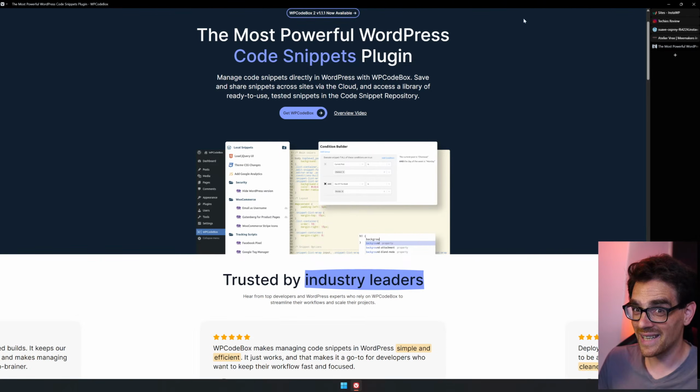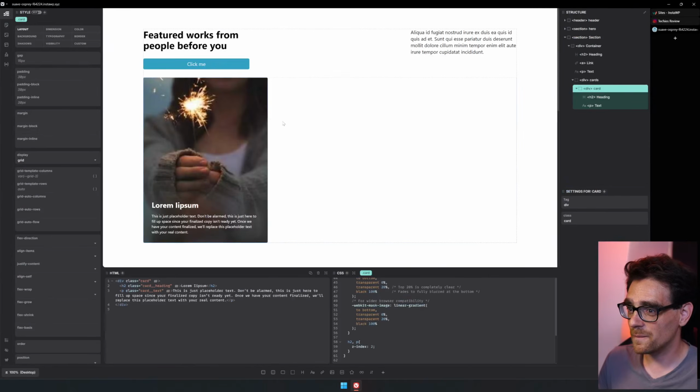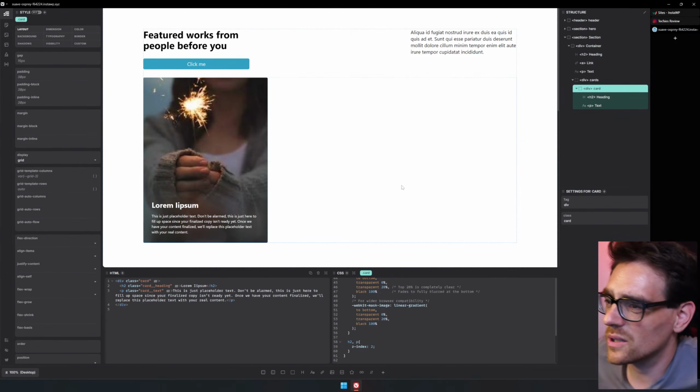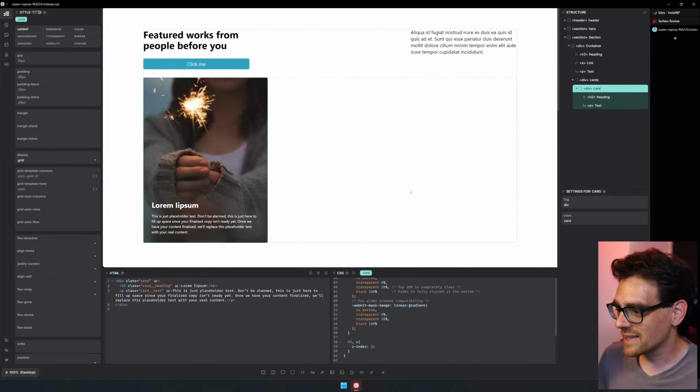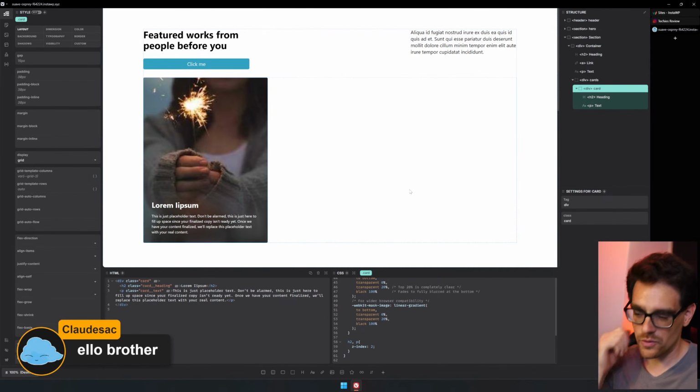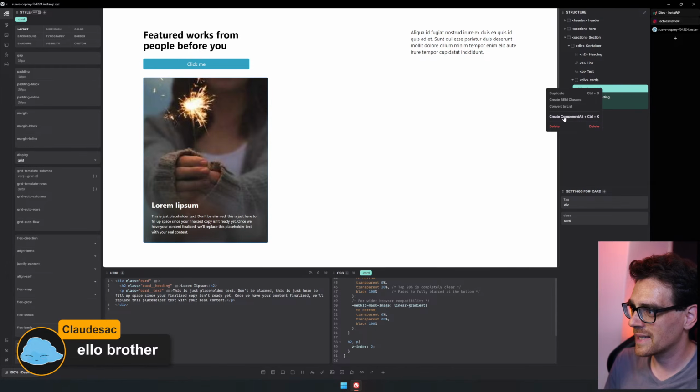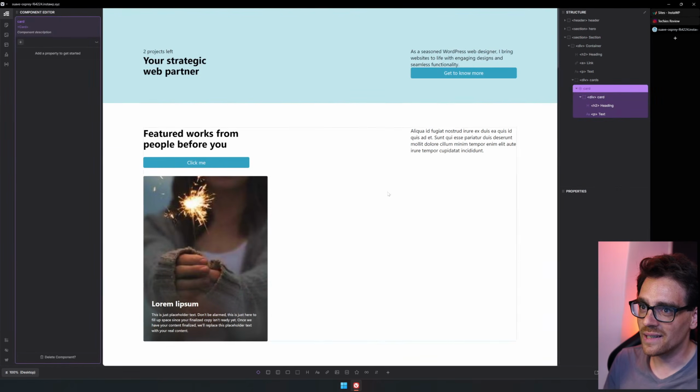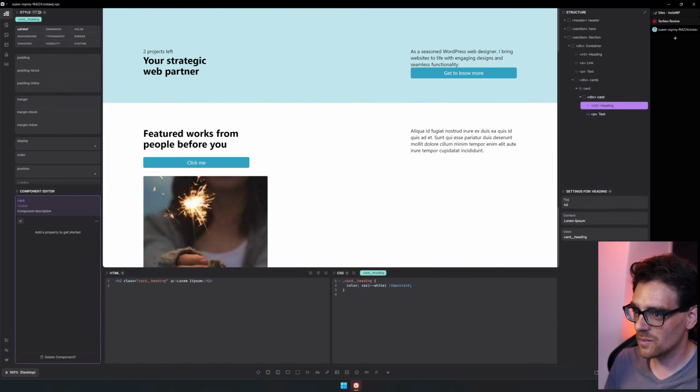And let's get back to the rest of the building. Now we have an initial setup for the card, and we want to create a component out of this. What we can do is right click, and then we have a create component option. So we click right there, and now we need to add some things in here because we want this heading